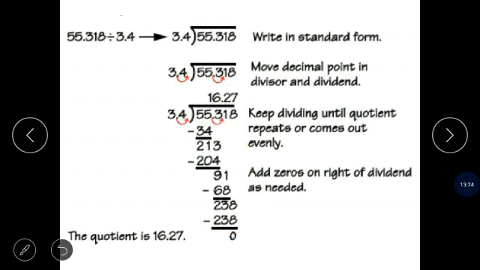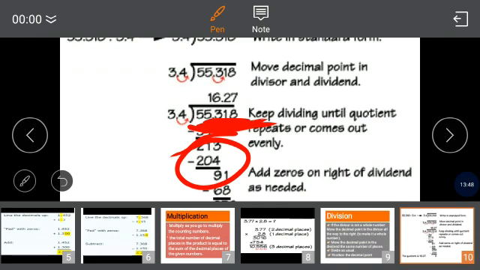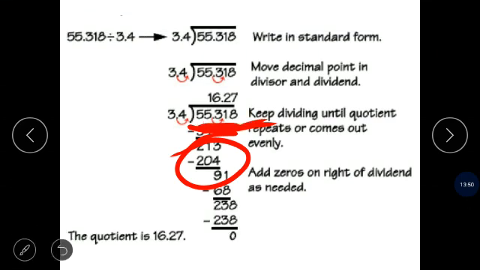Now the question is how you will put the point. See, here 55, after 3 the point is there, so from there you keep dividing as usual. When you come to the decimal point, just shift the decimal point in your quotient also, like this. Got it? Okay. I hope you understood all the operations with decimals.